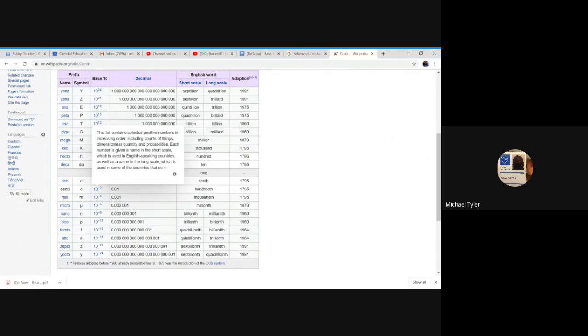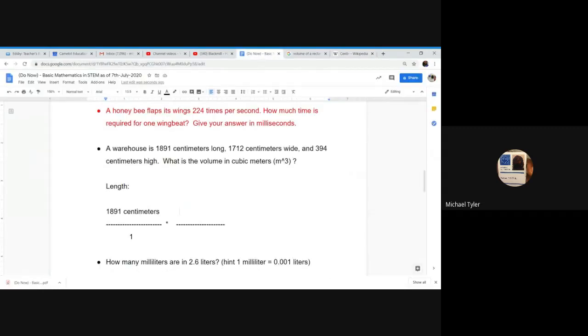If that's the case, then from over here, 10 to the negative, here's my caret, second power, is going to be equivalent to, and I didn't put my meter. I did that wrong. 1 centimeter. Let me do this correctly. There we go.